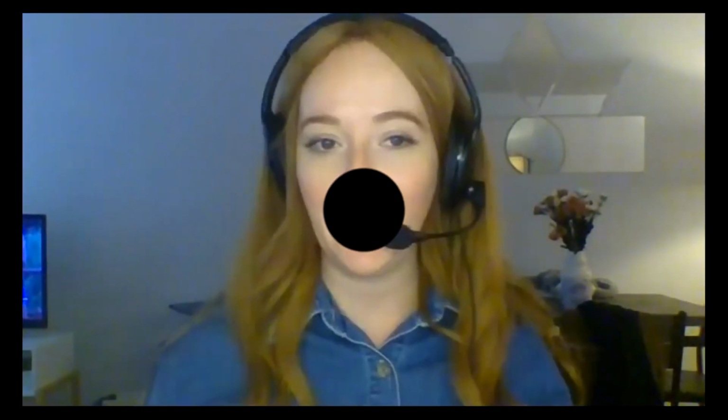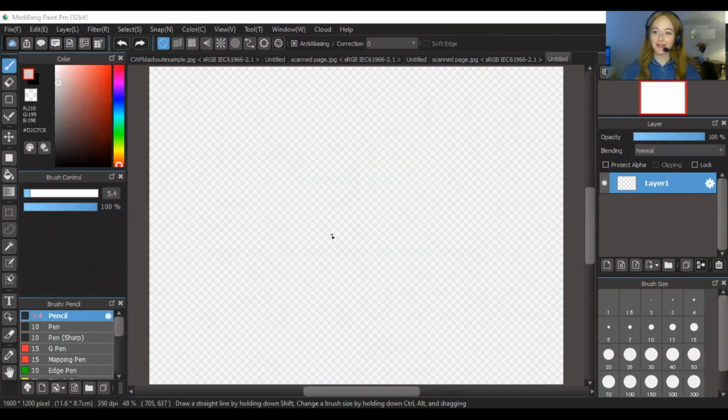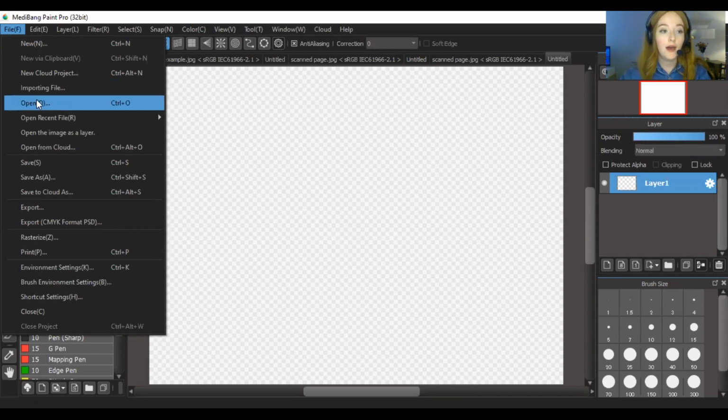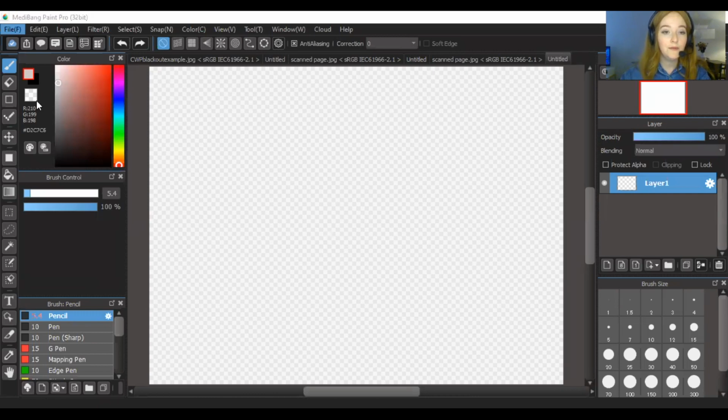All right, so we're now going to be making Blackout Poetry, and I'm just going to show you some of the really easy tools that I use to get the look that I used in my example in the PowerPoint. I'm in a little bubble here at the side of the screen, and I will be showing you how you get your image into the app and then start making your Blackout Poetry. You can use the examples that I put into the folder, or you can also use any image that you like. How you get it up on there, at least on a clunky old PC like mine, go on to open,